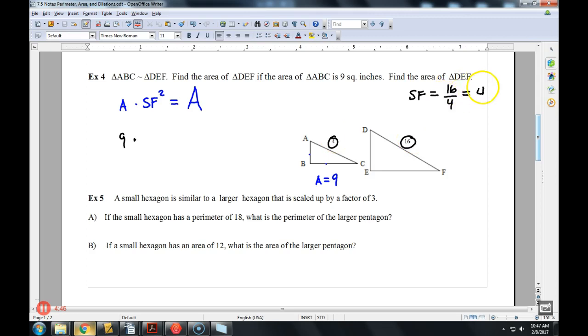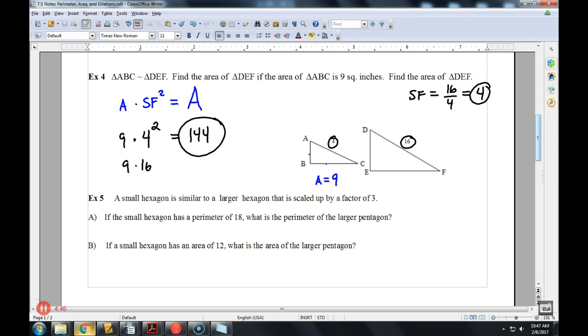Alright, so that scale factor is 4, same as in the example above. So I'm going to do 9 times 4 squared, and that should give me the large area. So that's 9 times 16, which is 90 plus 54, that's 144. So I can find the large area with